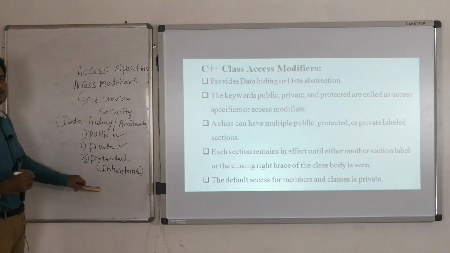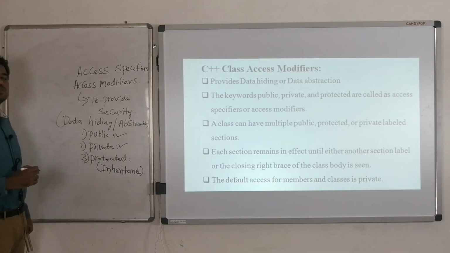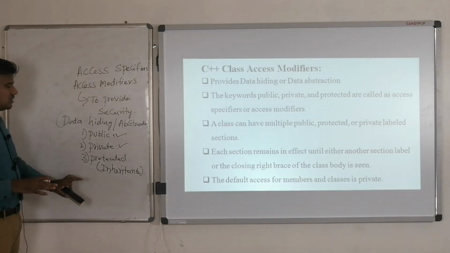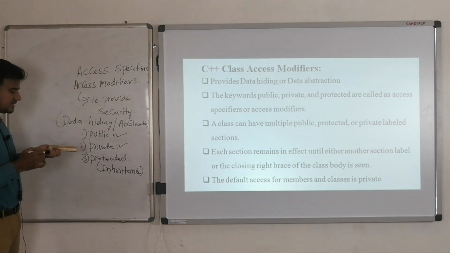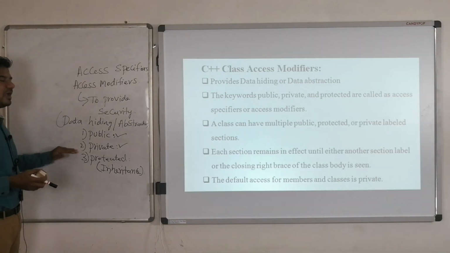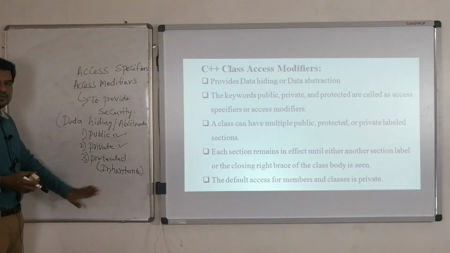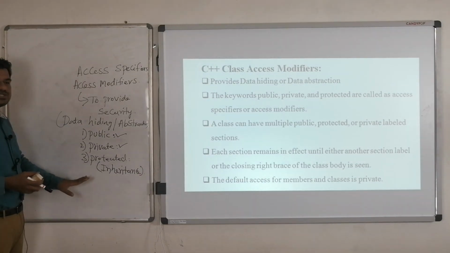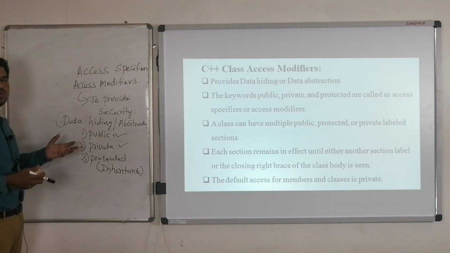Again, in detail we will discuss what inheritance is. At that point only I'll be explaining what protected is. So for now, just remember we have three different types of access modifiers: public, private and protected. After the discussion of inheritance, we'll see in detail what protected is and how we are going to protect our